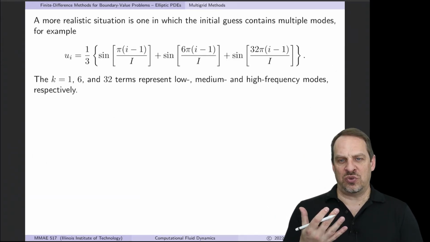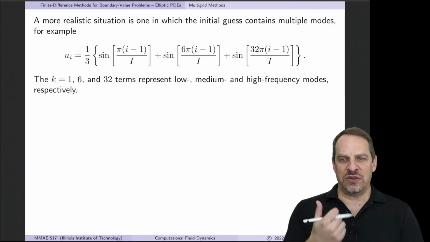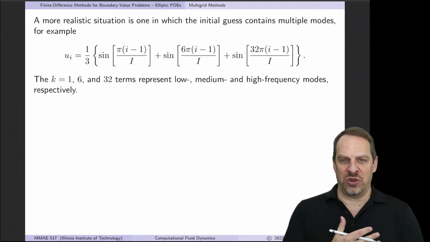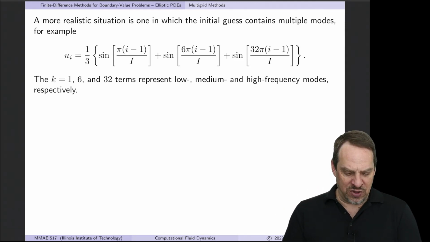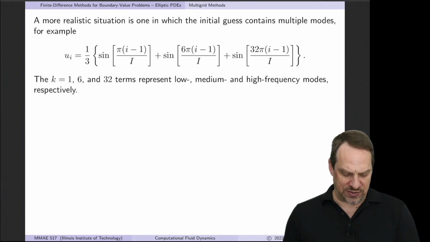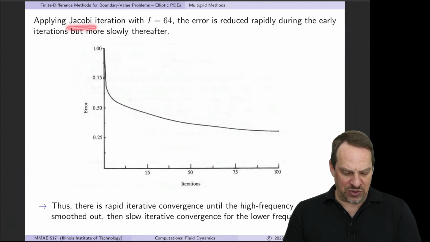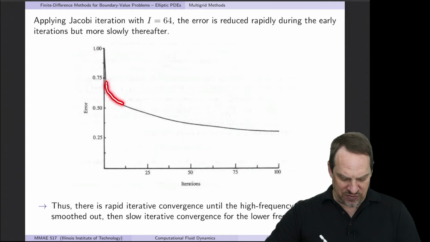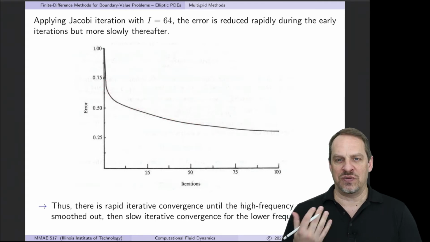The more realistic situation will be we have an error, and if you write that as a Fourier series, you're going to have multiple modes. So some of the modes will be high frequency, some of the modes will be low frequency. So let's take an example where we have 3 modes, one with k is equal to 1, one with 6, and one with 32. So we have a low, medium, and high frequency mode all contained in the initial guess. When you apply Jacobi to that with the same number of points as before, you'll see that the error comes down significantly in just the first few iterations, but then it levels off tremendously and slows down the iterative convergence